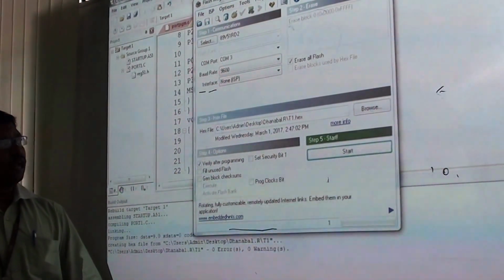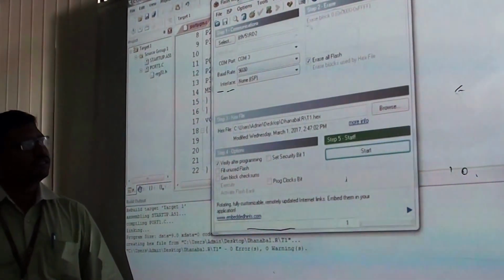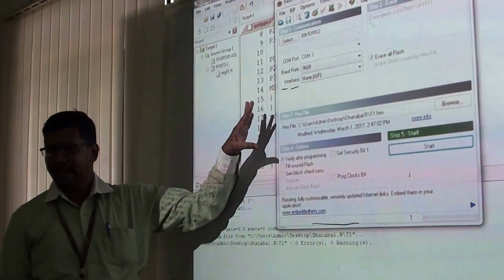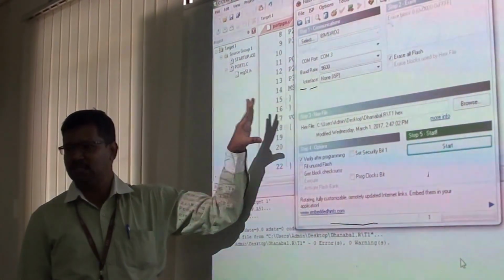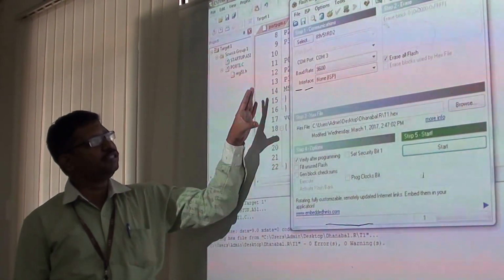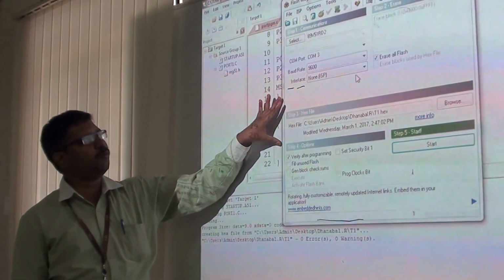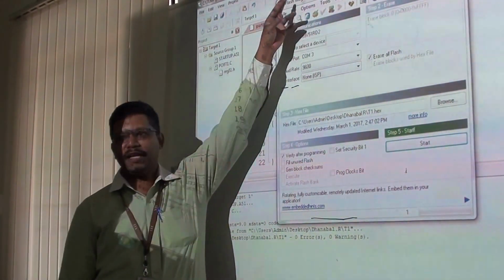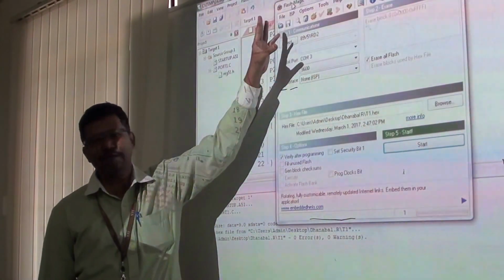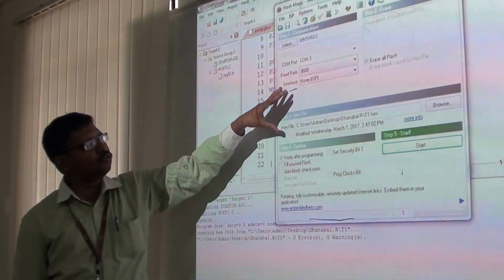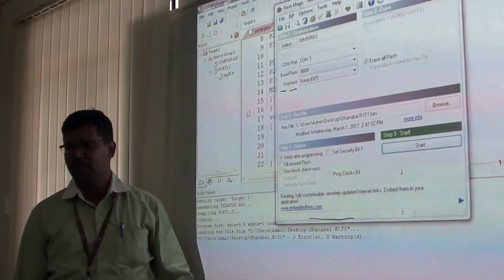Okay. So now in this session we are going to see how to dump the hex file that has been created in Keil software. There is a procedure for dumping it. Procedure number one: you have to invoke the tool Flash Magic. This is for NXP Philips. You can note down that this particular tool is for NXP Philips version ICs.